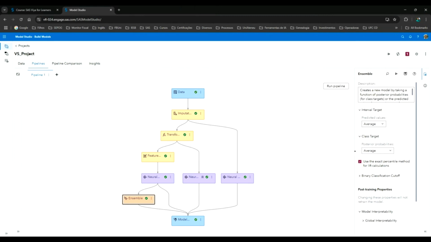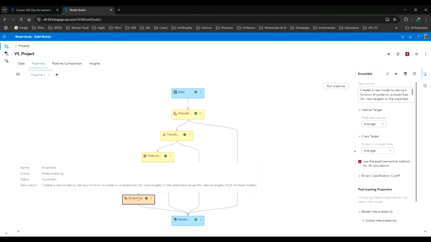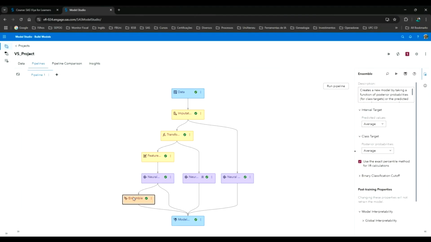But if you use the ensemble node receiving the output of just one model, like here, an incredible thing happens.